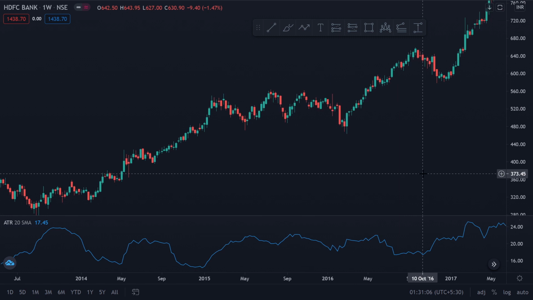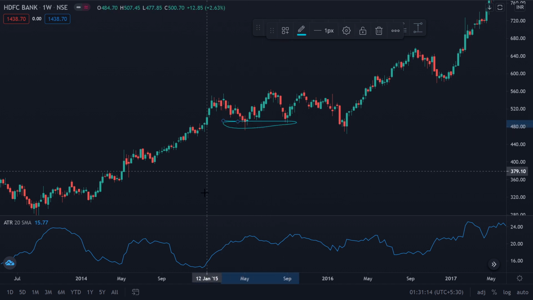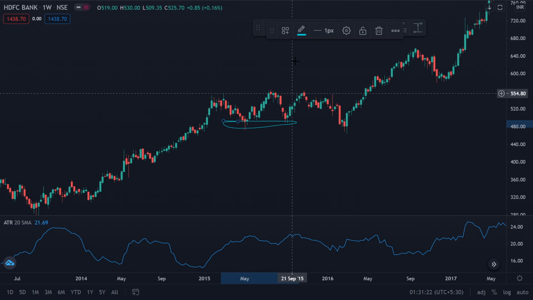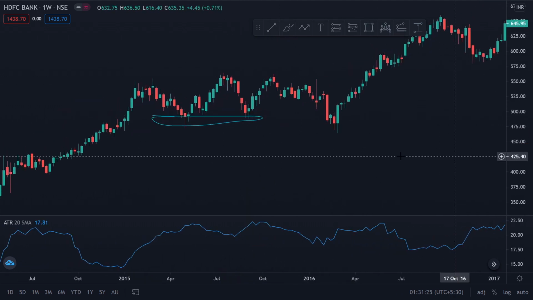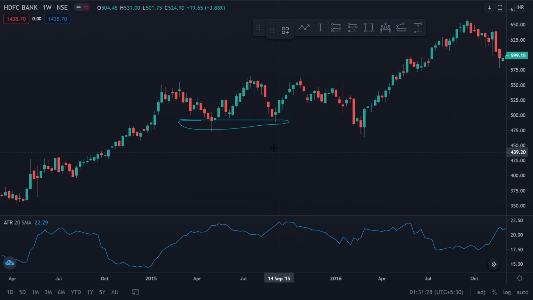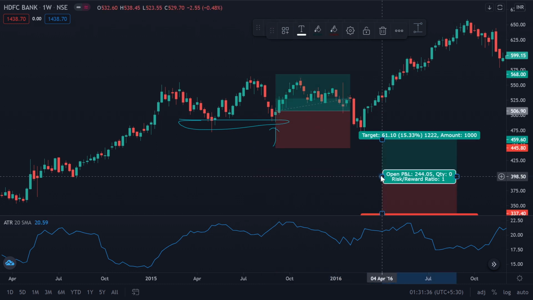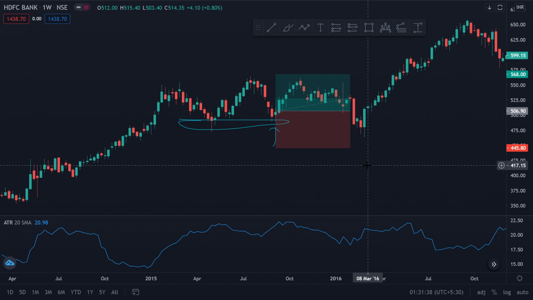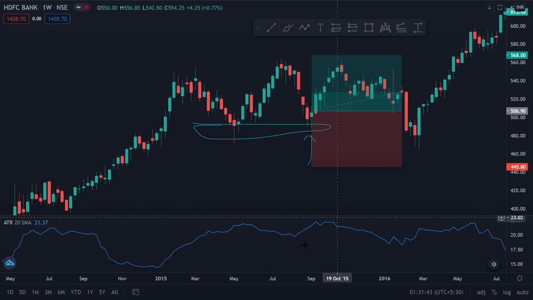Now suppose I'm observing this on the weekly chart of HDFC Bank. I have clearly established that this is a support region for the price. Price is moving and taking support at this level. Now I have observed on the weekly time frame that this candle is a reversal, a bullish hammer pattern, right? So I decide to enter here after observing the bullish hammer pattern right at the support level. I anticipate a reversal and I place my buy order, right?